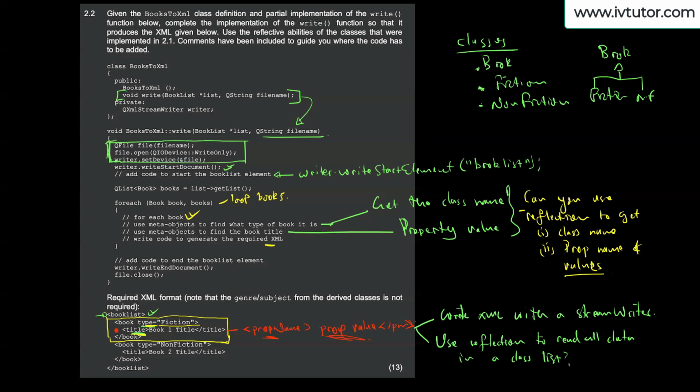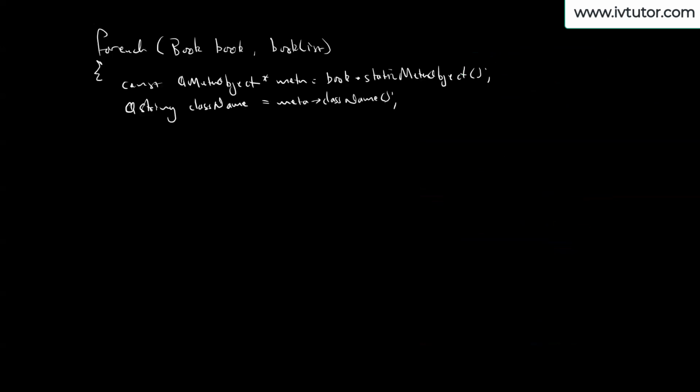So within your book, you've got a property called title. Within fiction, there's another property. Within nonfiction, there's another property. So your XML here is simply your property names and values. So your element is the property name, your value is the property value. That's all what's going on here. So how do you read property names and values? You do another loop. So you go for int i equals 1, i less than meta dot propertyCount,